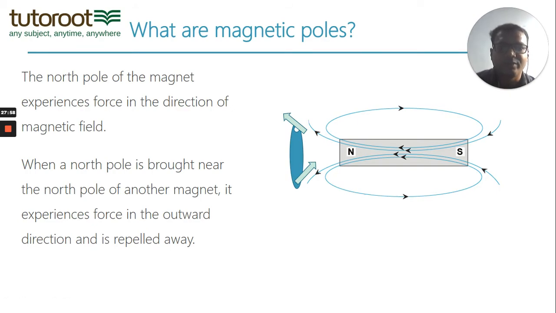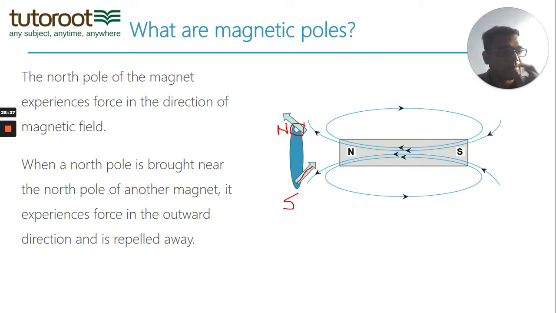Now look at this. We brought that magnet near a bar magnet. What we see is that the pole which is facing a force away from the magnet, in the direction of the magnetic field, is called the north pole. And the pole which is facing force towards the magnet, you can see that the force on this is opposite to the direction of the magnetic field there. So that is obviously the south pole. Here you can see, very crudely, that a north pole gets repelled by a north pole, but a south pole always gets attracted to a north pole.